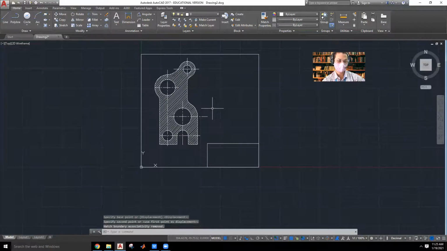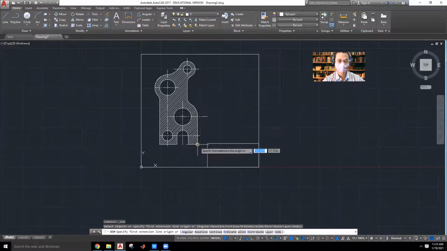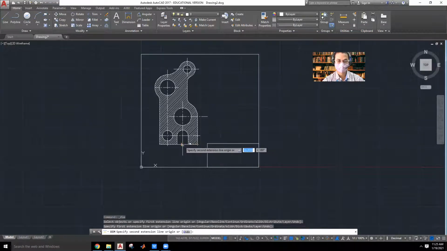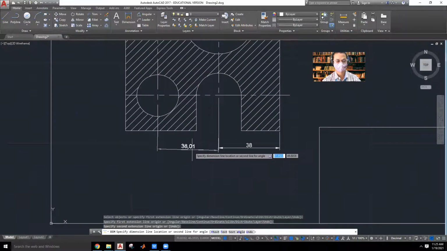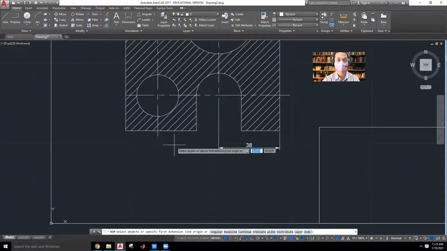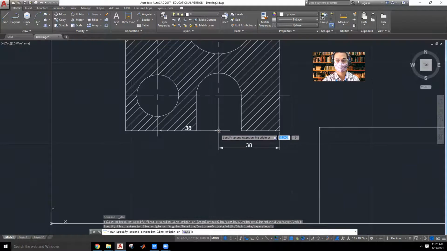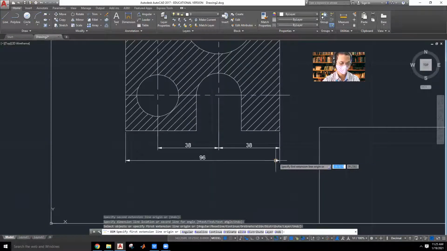For this one again I'm giving the dimension. Click on dimension. First dimension is at the bottom, from here to here it is 38, and again from here to here it is again 38. I'll click on dimensions, 38, 38, and again from this point to this point I want it as 96.